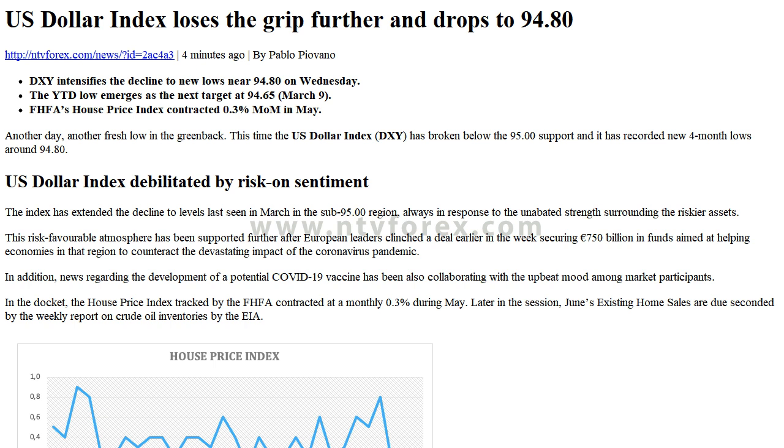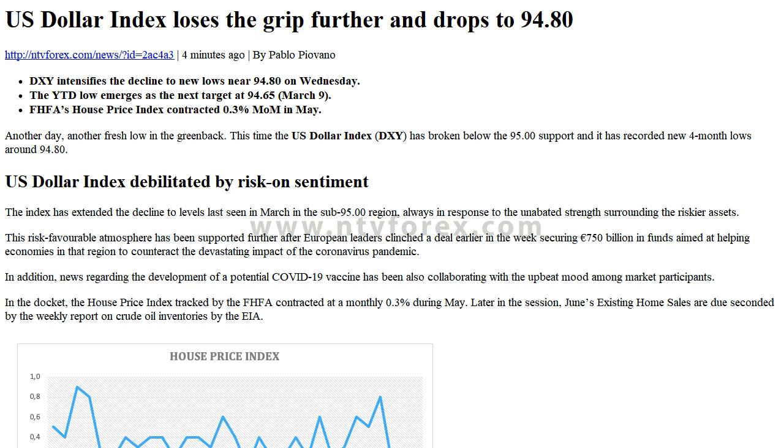US dollar index relevant levels. At the moment, the index is losing 0.21% at 94.95 and faces the next support at 94.83, monthly low July 22, seconded by 94.65, 2020 low March 9, and then 94.20,